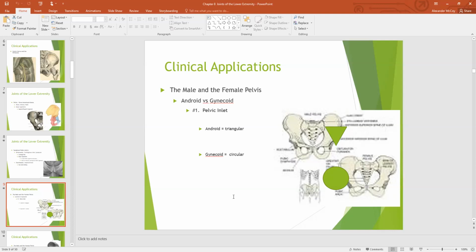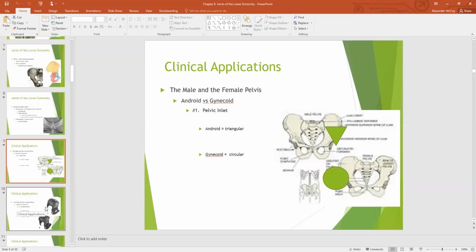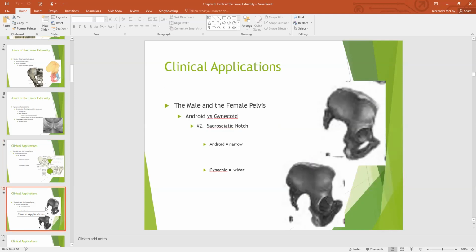This is going to be a triangle for our male and a circle outlet for the female pelvis. Okay. Again, I'm just going to refer to male, female, just for simplicity's sake throughout this. You'll notice that the male pelvis has that triangle outlet. Guess what? They're not birthing any babies, so that's how they're structurally intended. And then you have the circle oval, which is perfect for that head to come out. You also see the differences in the narrow versus wider